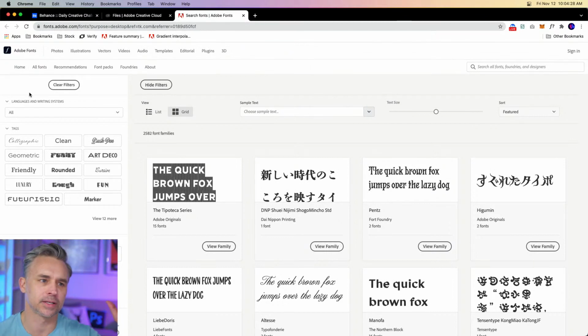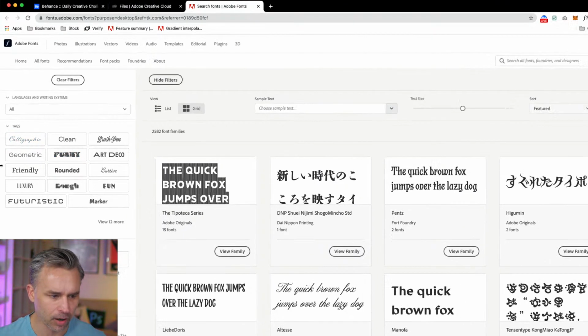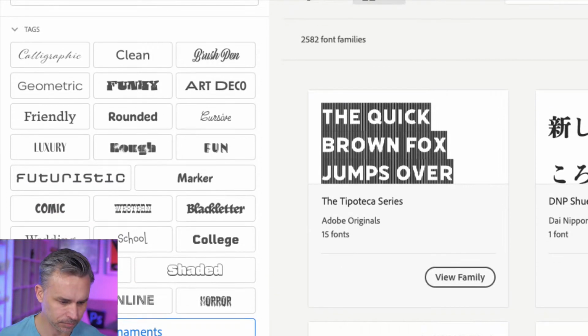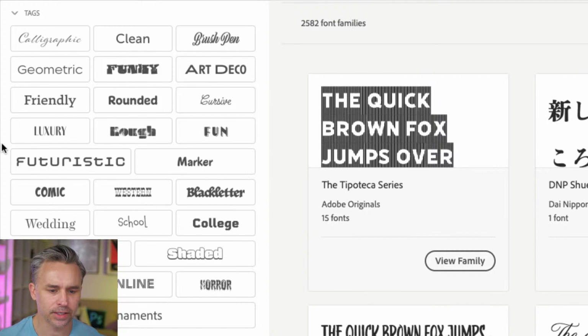Rather than sorting by serif and sans serif, out here on fonts.adobe.com, I have all these other tags that I get to view. So scrolling down, we can take a look.